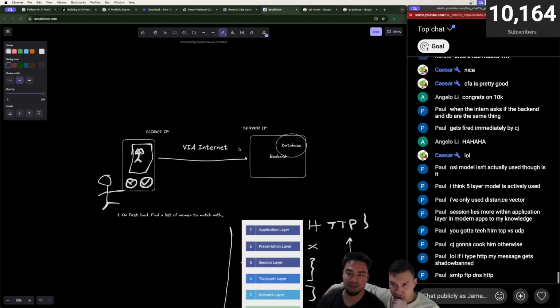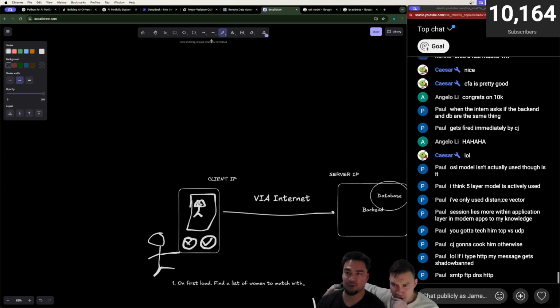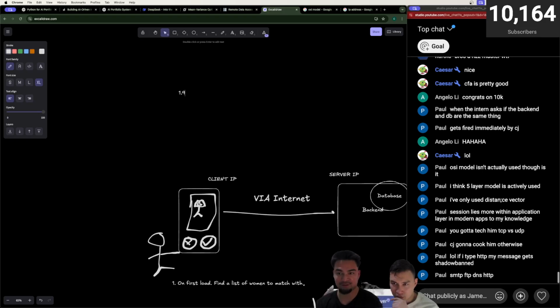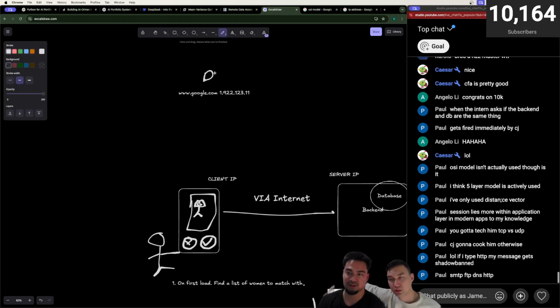And most of the time, one more thing about the internet is that we're not searching by IP addresses. We're not saying, oh, give me data from 1, 2, 3. We never know that. It's not human readable. So that's why people buy domain names. You buy w1.google.com or something, and then it maps to that. This is called a DNS server. You give it google.com, and it figures out the IP, and then you can make a request to that IP.